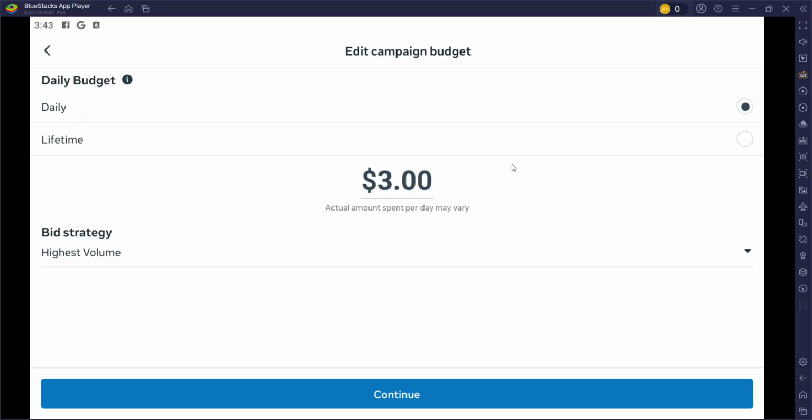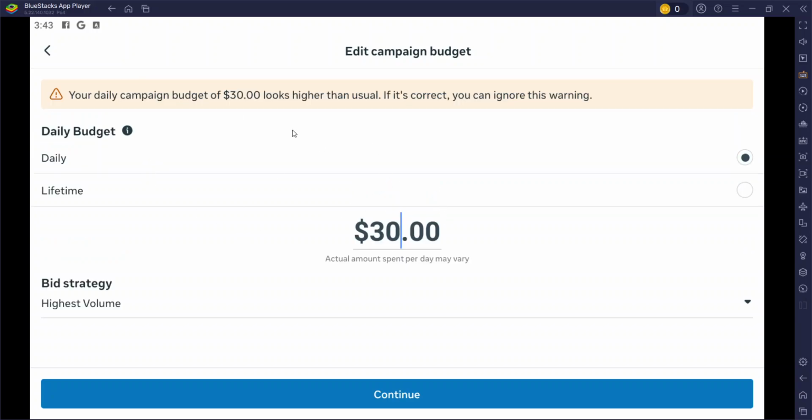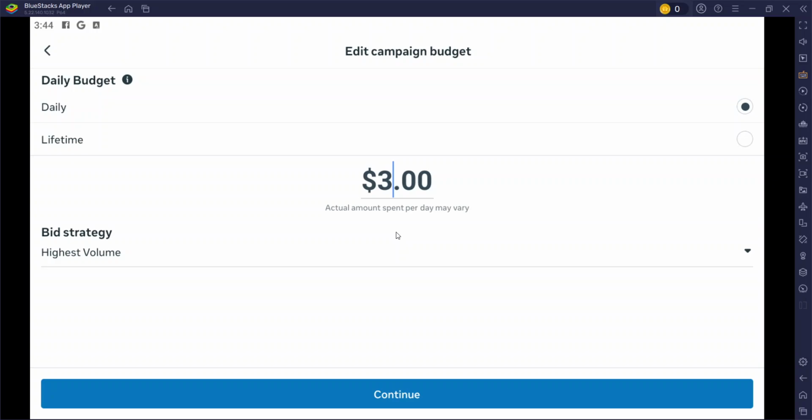If you have more and you want to spend more, you can even put $30, right? You can put $30 as your daily budget. But we are starting small, so we are starting at $3 per day. That's our daily budget. Then I'll click